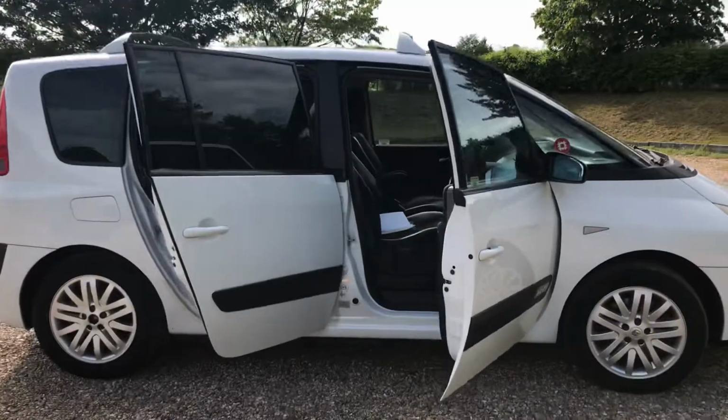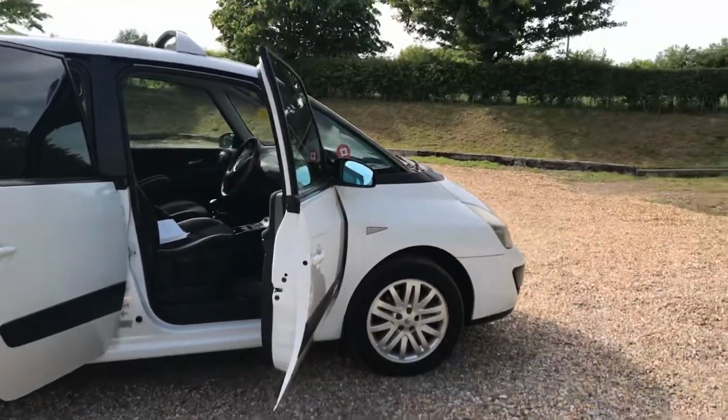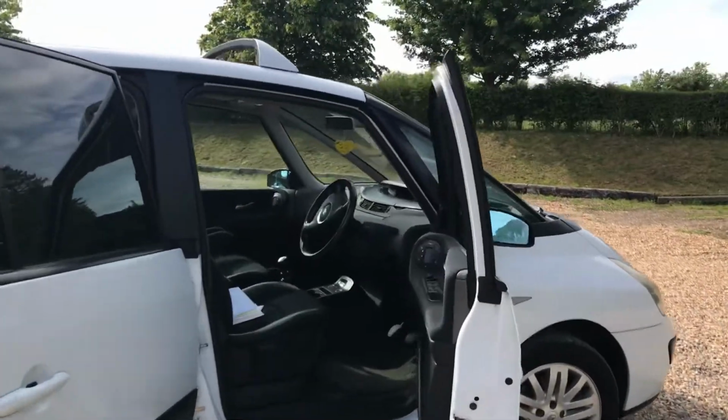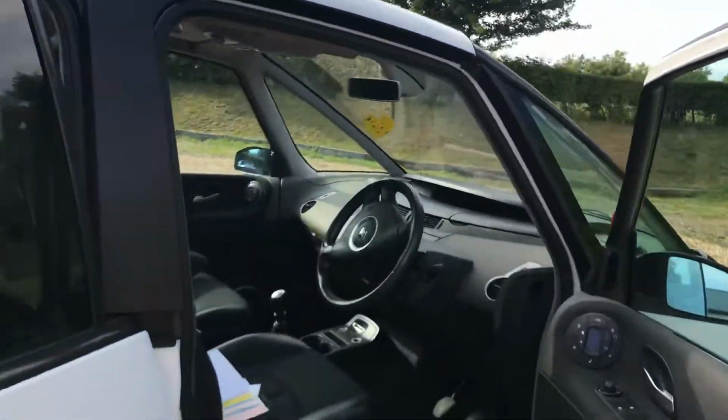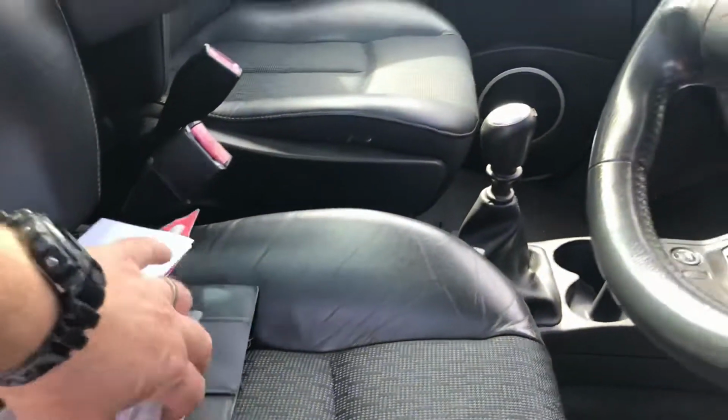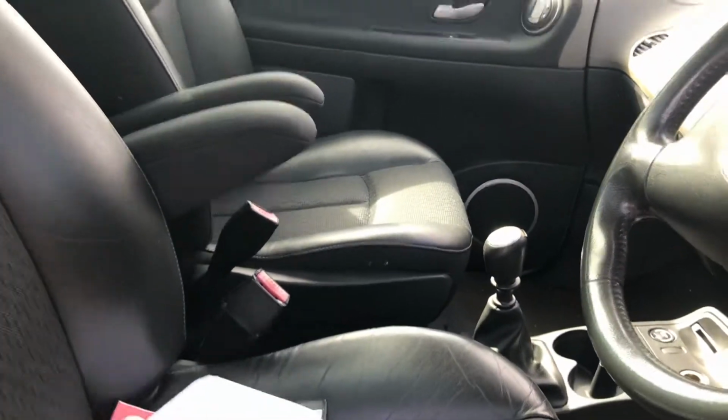The bodywork is really good, there's no major damage, and she really does look the part actually. Full service history, all its original handbooks, which is in this folder here. And parking sensors on the back, I must add, because it is quite a large car, so actually things like that